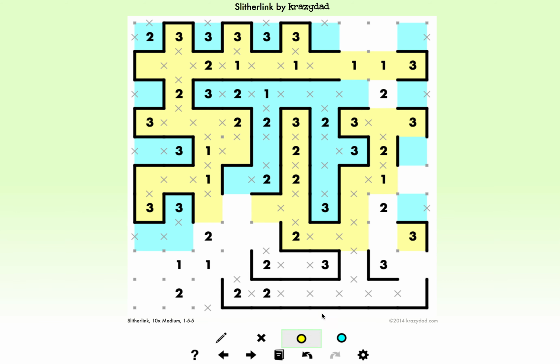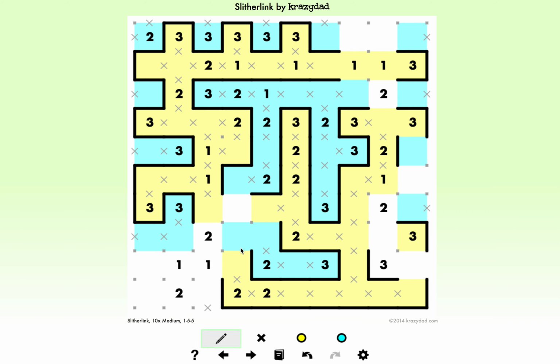Okay, and now I can follow my black lines all the way around here. And here's a blue segment, because here's where this logic can help. I know that I can't trap this lake, so this has to be blue, because how else is it going to get out? I don't know from here whether it goes up or if it goes over, but I know that that one has to be blue,